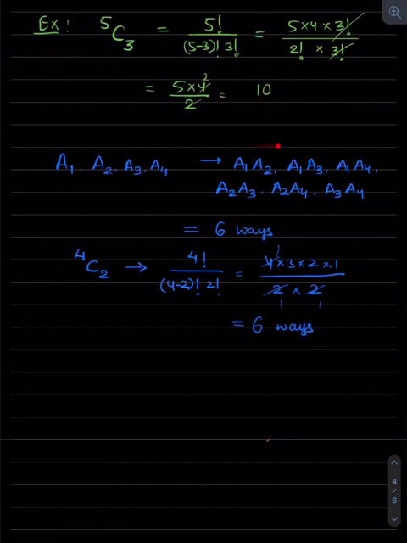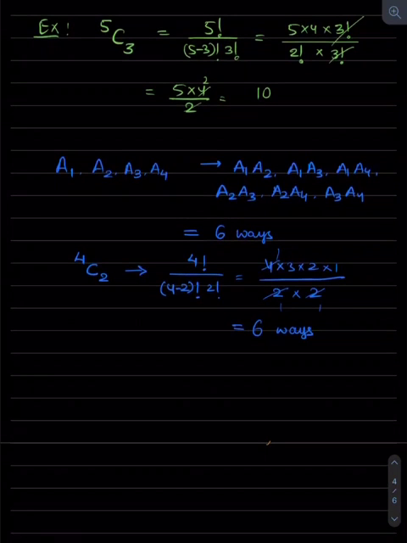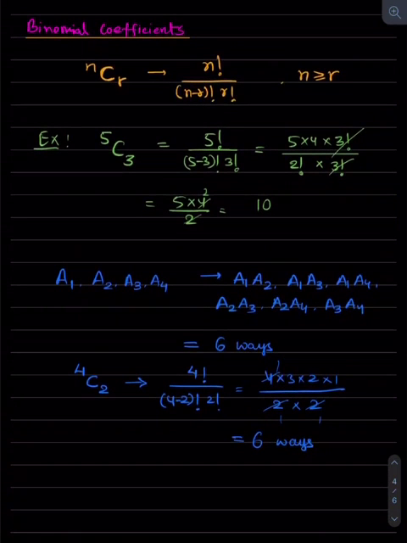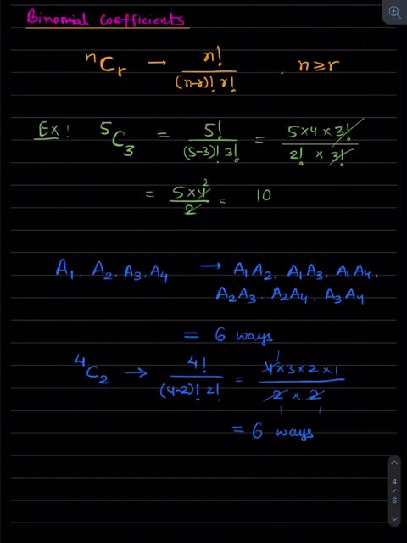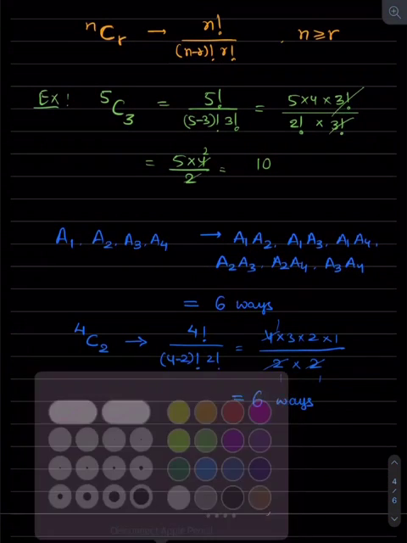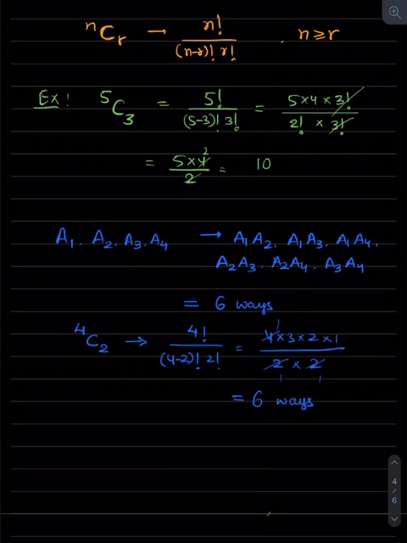This is the concept we are discussing, and this is the formula by which you can find it directly, 6 ways. You will ask what the use of this is, in particular in the binomial theorem. We'll use it in binomial coefficients, and I gave you just a small hint and a small concept about it. We will discuss it in detail in the next chapter, and for this chapter this is sufficient. I hope you got it.